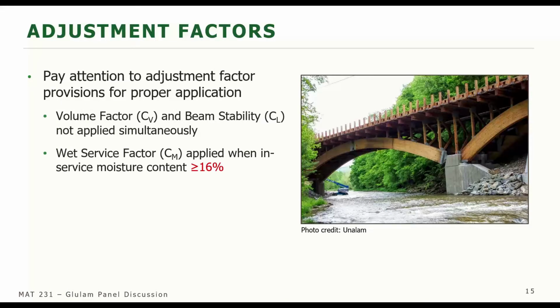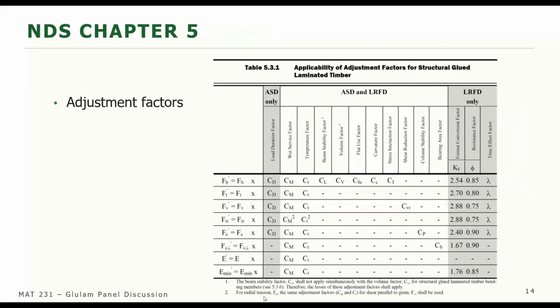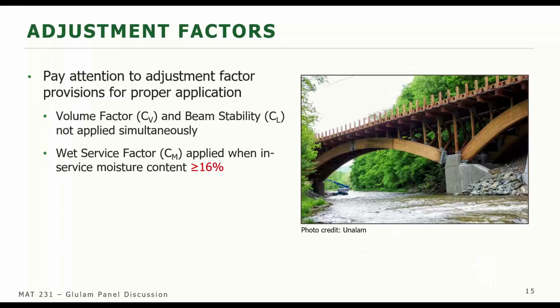Other adjustment factor provisions that we need to be aware of for glue-laminated timber: the volume factor, C sub V, and the beam stability factor would not be applied simultaneously. So you need to apply one of those, but not both. And you'll see back here we have a footnote in Table 5.3.1 that states that the lesser of these adjustment factors, C sub L and C sub V, should apply. And also something that's a little different for those of you that might be used to designing with solid sawn timber